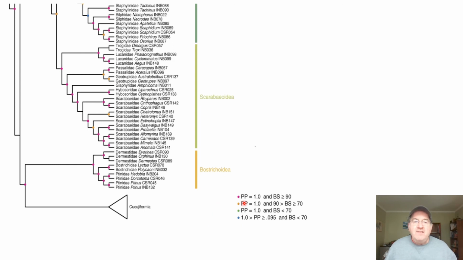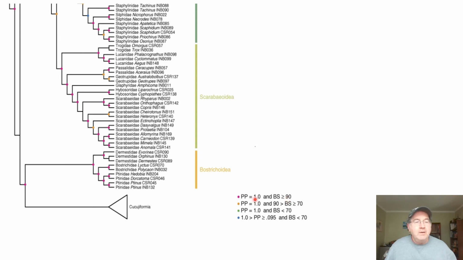And so this, what is that? Is that a magenta, kind of a purple dot there? It means that in the Bayesian analysis, that particular clade was retrieved with a posterior probability of 100%. And in the maximum likelihood analysis, they came up with a bootstrap support value of